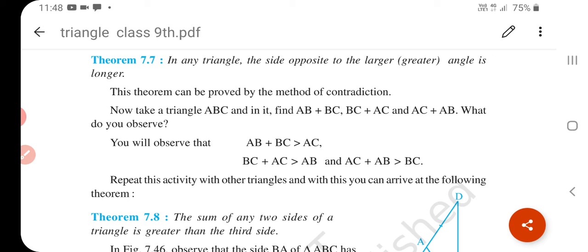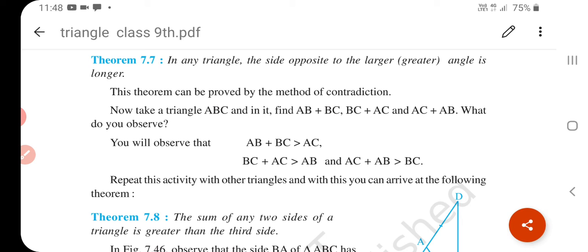Every triangle is congruent to itself. In two triangles, if the three angles of one triangle are correspondingly equal to the three angles of the other triangle, then they are said to be equiangular. Understand. The difference between any two sides of a triangle is less than its third side. Difference is always less than the third side.